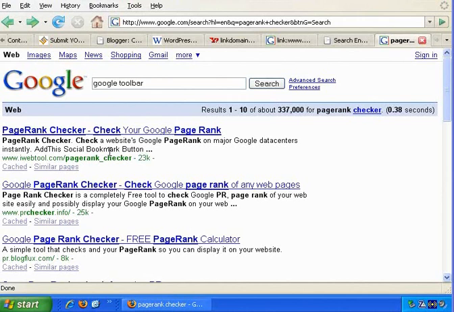It's not massively important, but you may want to keep an eye on how your PageRank progresses or not. Okay, so how do you get links to your website? What I'm going to talk through